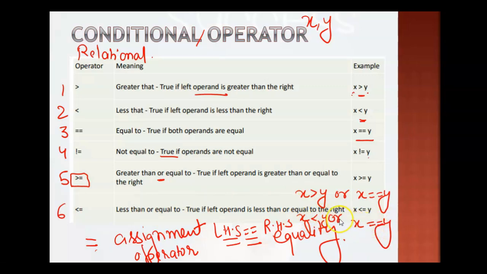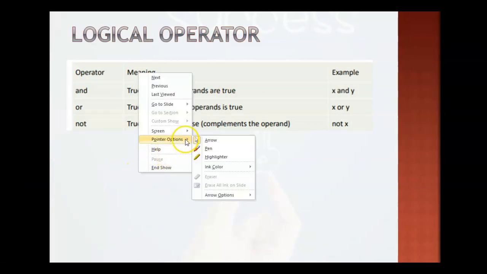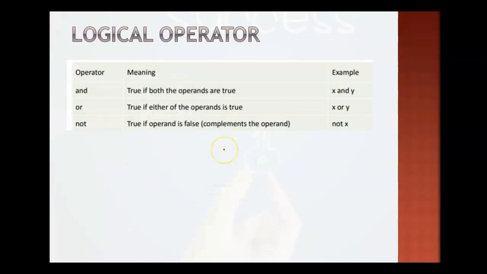So in both of the cases, it will give you a true result, or if any one condition is true, it will give you a true result, otherwise false. Okay. So all these operators are under the category of basic operators. Basic operators are fundamental operators because they are common to all the languages.